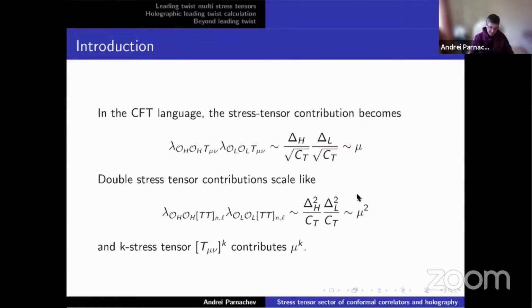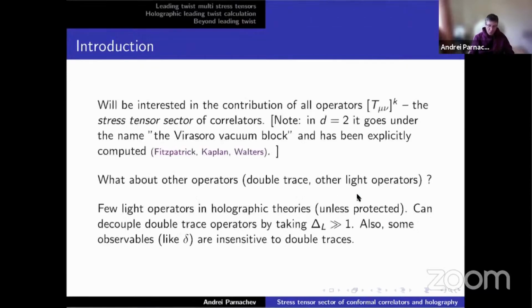The double stress tensor scales like delta heavy squared over C_T, delta light squared over C_T, so it gives us mu squared. There are many double stress tensors. And then the k stress tensor contributes mu to the k. So we will be interested in the contribution of all these k stress operators, which we call the stress tensor sector of the correlator. Note that in 2 dimensions,